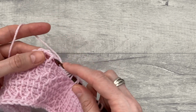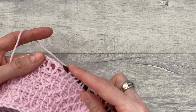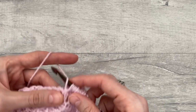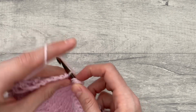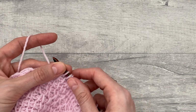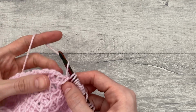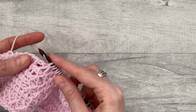It's 1, 2, 3 and 4, followed by Tunisian simple stitch 2 together and yarn over 4 times. So that's 1, 2, 3 and 4, followed by Tunisian simple stitch in 4 stitches, 2, 3 and 4, followed by Tunisian 2 simple stitches together and yarn over 3 times. That's 1, 2 and 3, followed by Tunisian simple stitches in next 4 stitches,